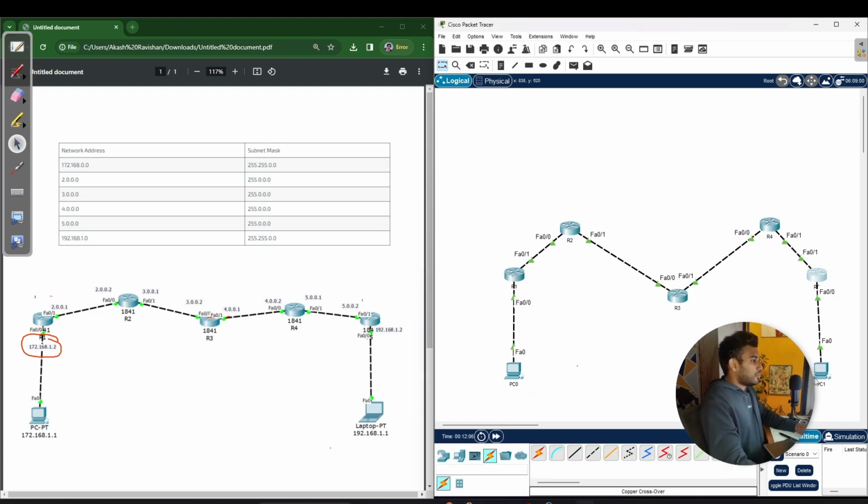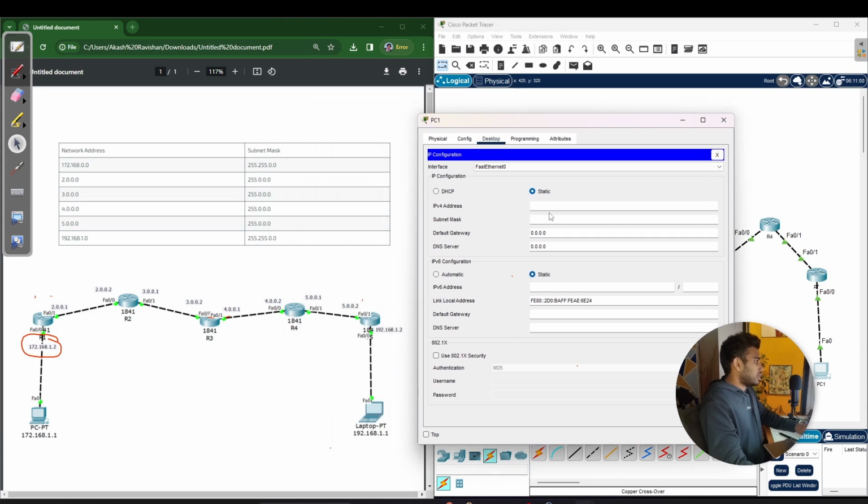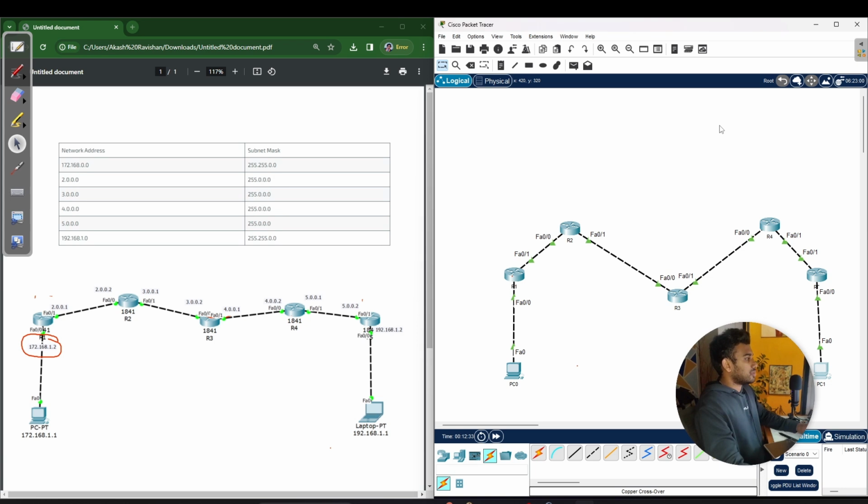Okay, also I have to assign an IP address for this computer as well. So in this case 192, okay, and the subnet mask is actually 255.255.0.0. Okay,